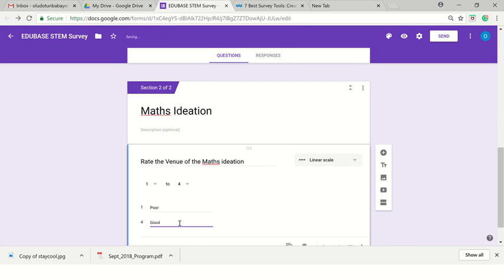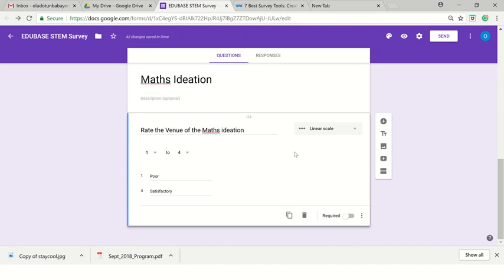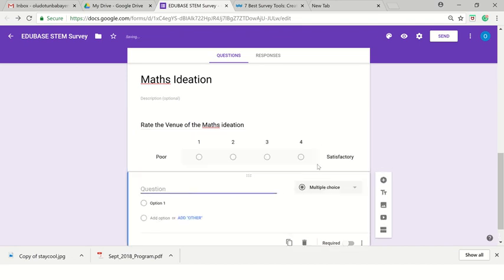And if you pick 4, it means satisfactory, and 1 unsatisfactory. I can duplicate or add more questions and now say,